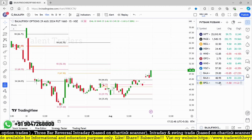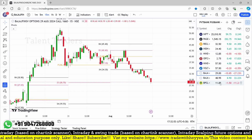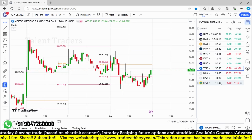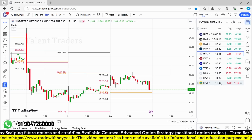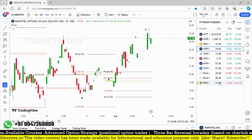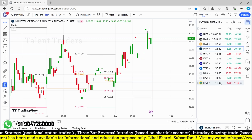So you can see some patterns in these particular options. That may be a good one for our intraday or even positional trading. For all the stocks, we can easily find out in a charting scanner which ones are forming such